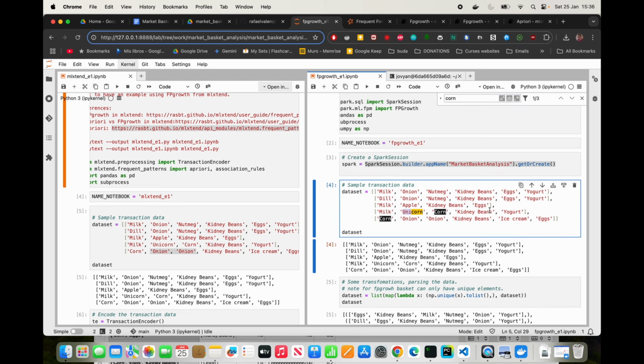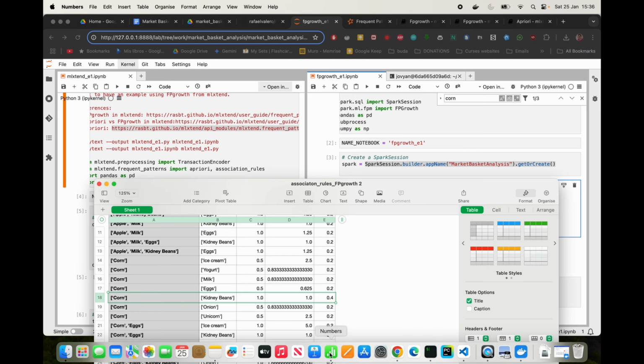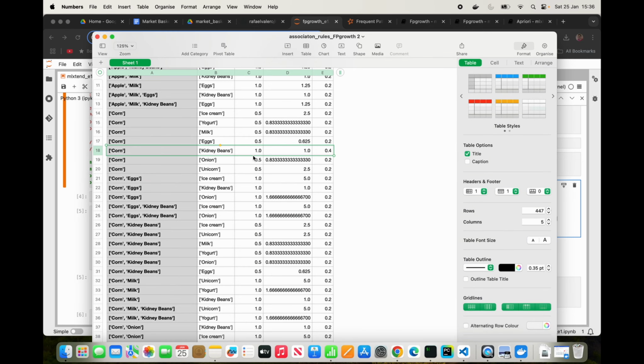Unicorn appeared only in one basket. So in there you have a little bit more to start interpreting what you are doing in market basket analysis, right? So if we were recommending products, I would go with kidney beans because